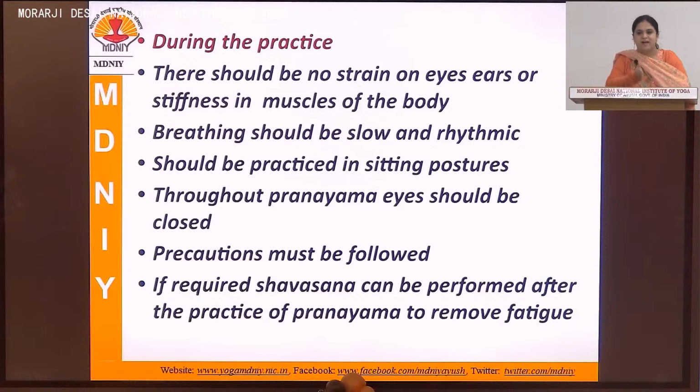We always practice sitting with closed eyes, and throughout pranayam the eyes should be closed. Even after completing your pranayam, you should not immediately open your eyes. You should keep your eyes closed for some time, and you should try to feel the changes inside, I would advise. And all the precautions must be followed, as I have already told you that if you do it in an improper way, then many diseases can arise. It should be done under the supervision of a guru,